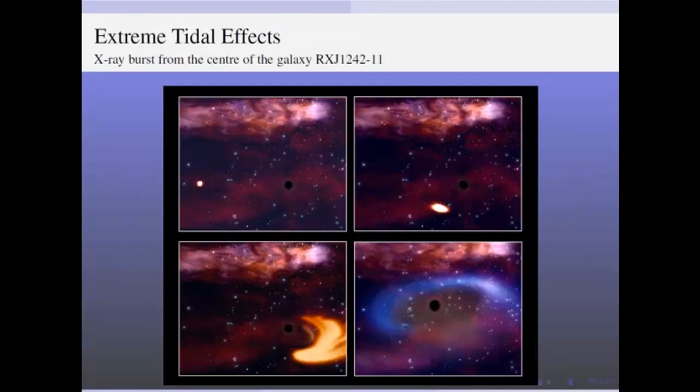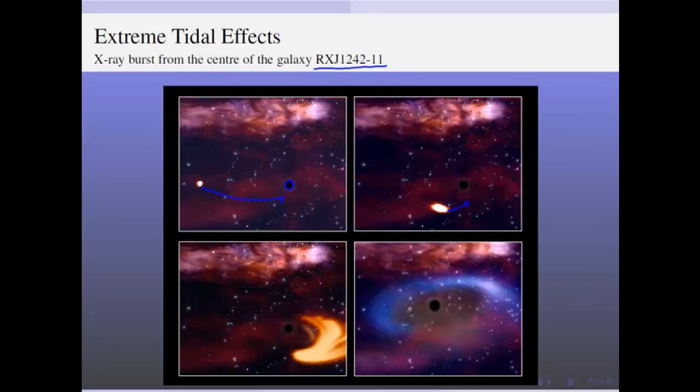Okay, and these tidal forces can be huge. In fact, there was an X-ray burst from the center of this galaxy here, RxJ1242-11. And this is not a picture, this is an artist's rendering of what they think happened. There's a black hole sitting here, okay, and a star came near the black hole. And as it gets pulled closer to the black hole and around it in some orbit, the star is